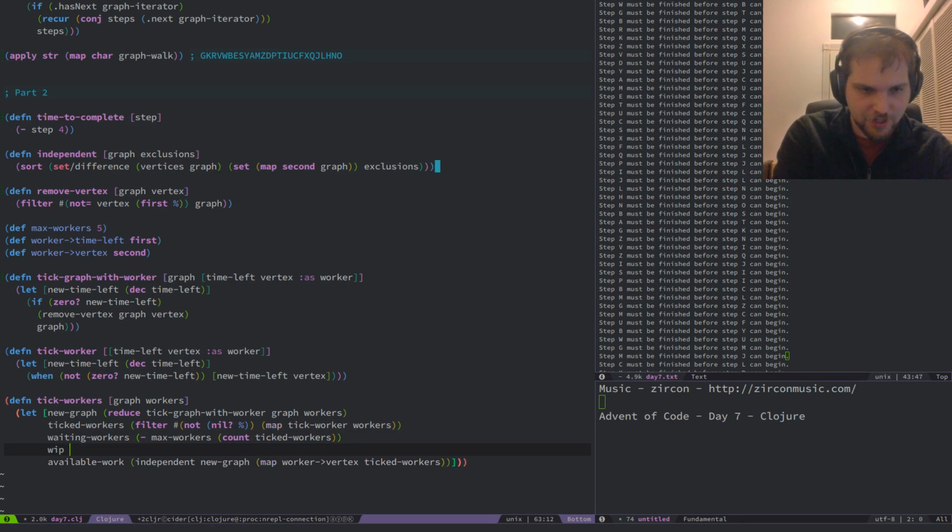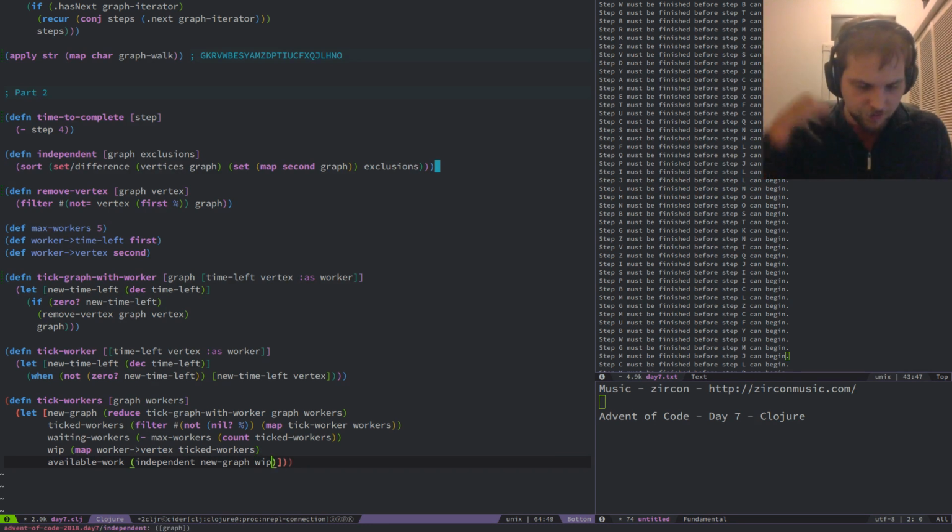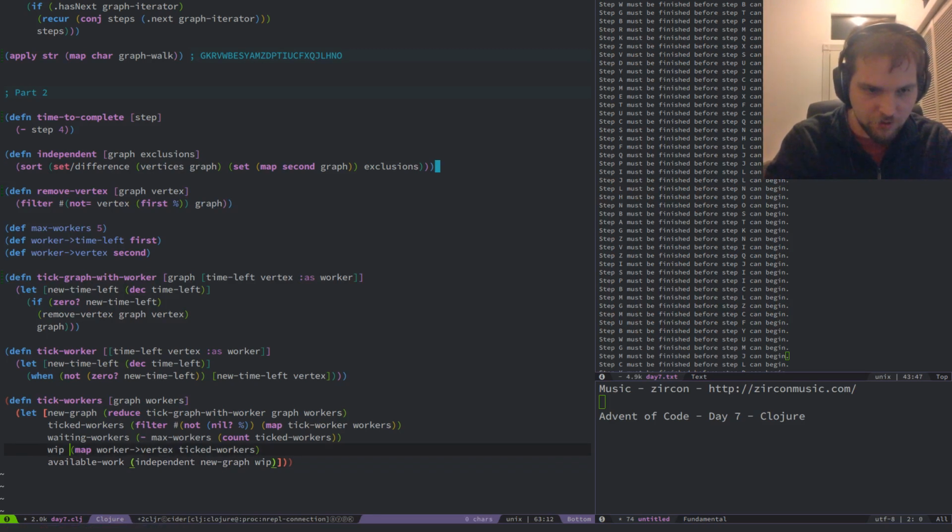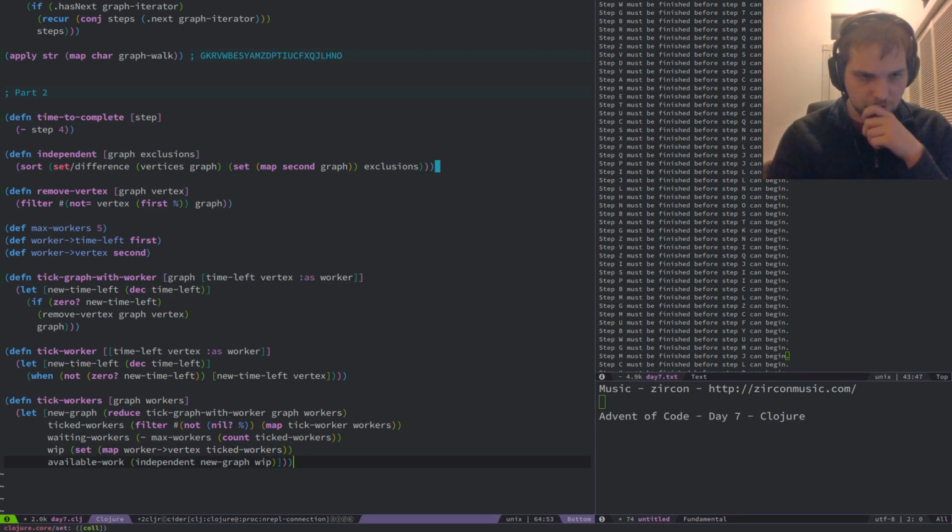Work in progress can be that. I should make that a set here. Okay, so I have a work in progress. I have the available work to choose from. That does not include anything that's currently still being worked on.